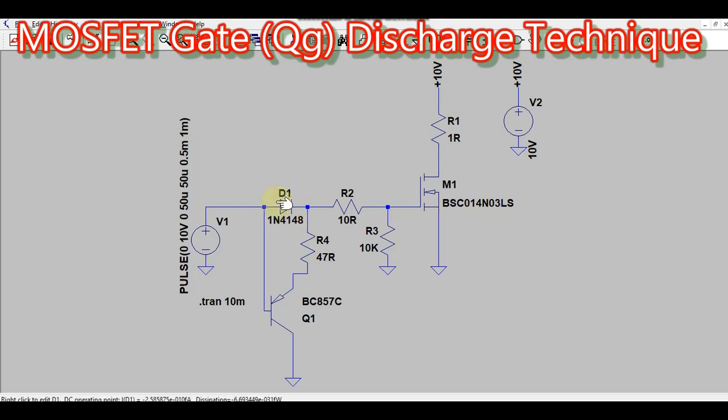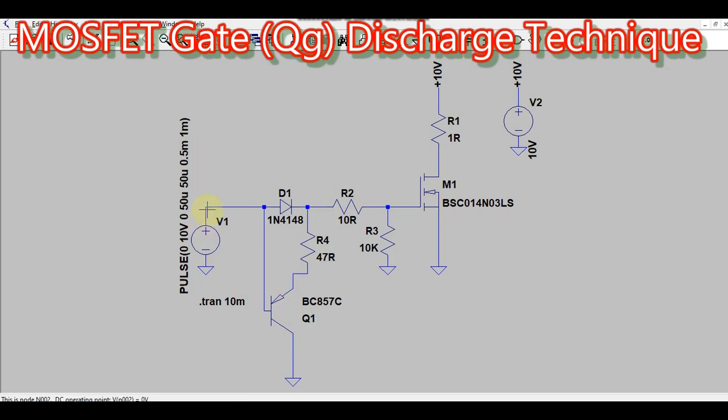We will have to understand this. Then you can see here I have MOSFET M1, and I have connected some resistive load. Let us say for 10 volt it's 1 ohm, that means the current flowing through this MOSFET is 10 ampere. Okay, so our main focus is how we avoid the switching losses during turn off time. To mitigate the switching losses, or to discharge the gate, we used these two additional components, that is R4 and Q1.